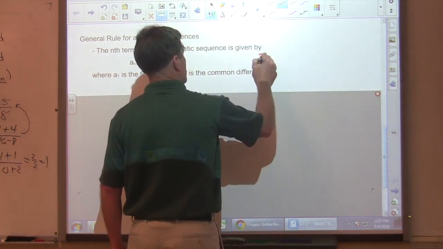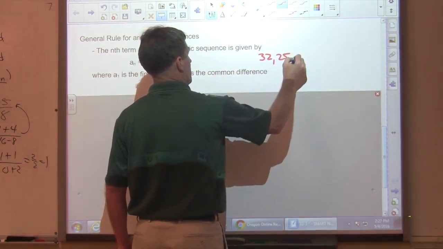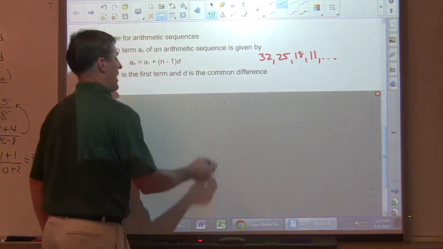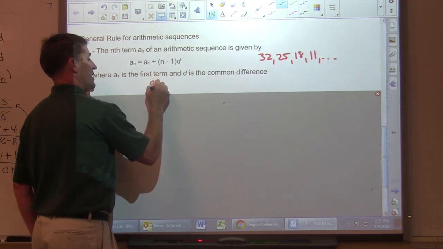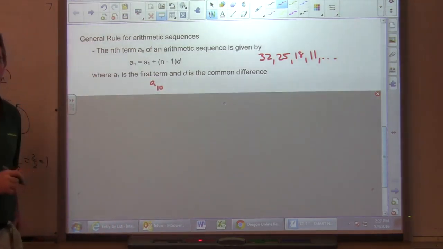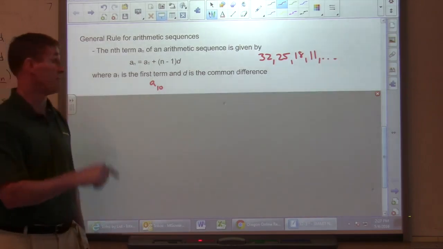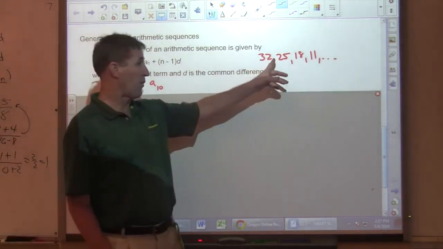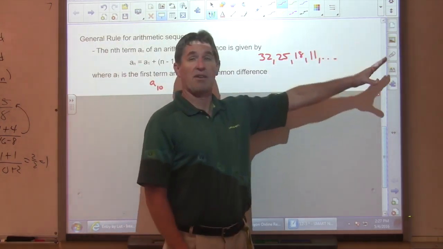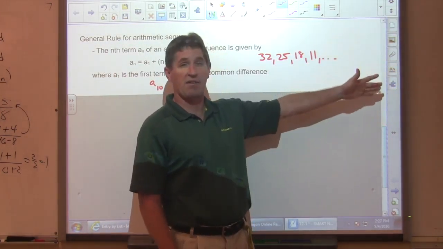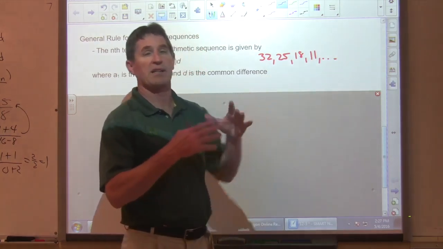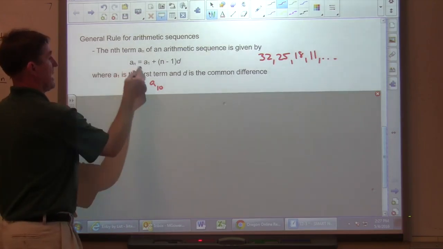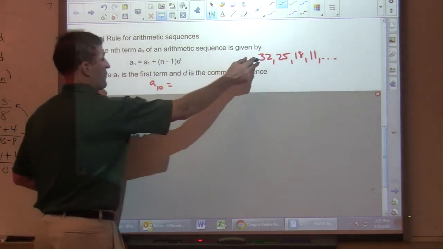if we gave the sequence 32, 25, 18, 11, and I ask you to find a sub 10. Okay, so we want to find the 10th term. So we can just use this formula. Now I've seen this before. People find out where d is and they just fill out the spaces until they get to 10. And that's fine if you want to do that, but not very practical if you have to go out a long way. So if we use the formula, a sub 10 equals a sub 1,